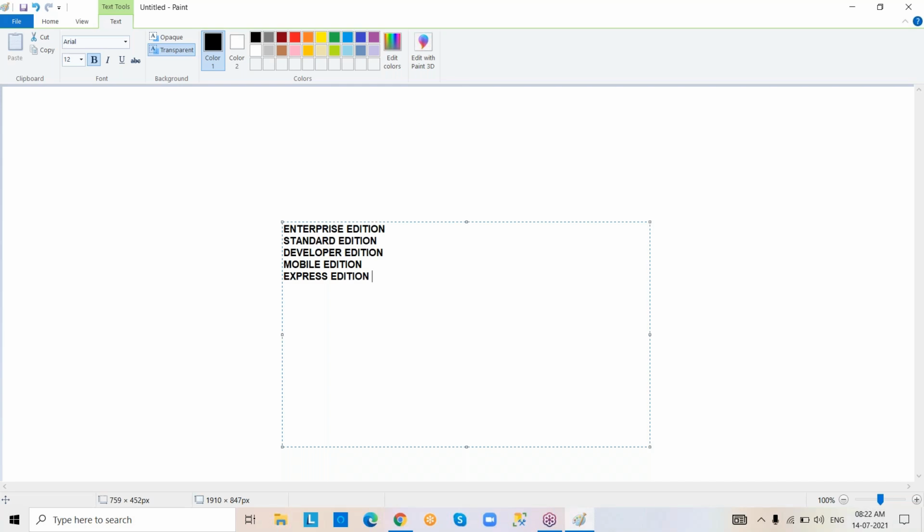For real-time usage purposes, we have to go for Enterprise Edition only. Even in your resume, you are going to keep the environment in the project, right? In the environment, you have to write that you are working with Enterprise Edition of SQL Server, because you are a DBA, a database administrator.